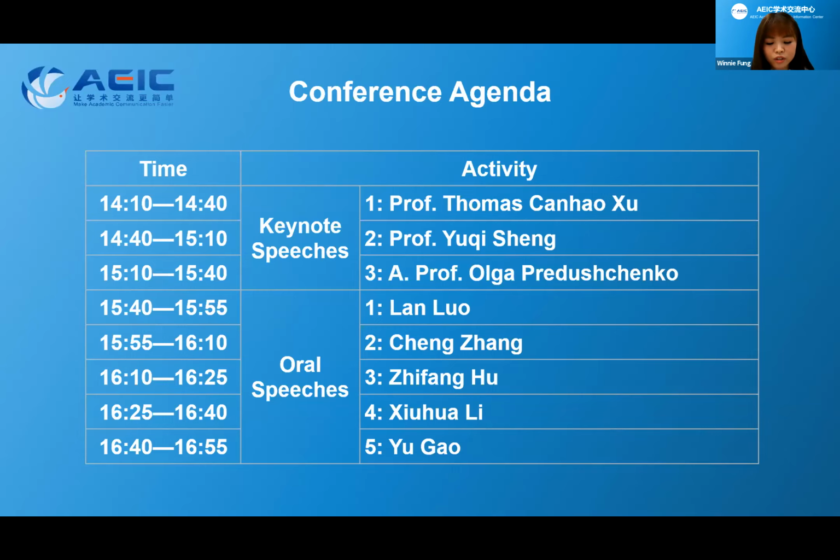After each speech, there will be discussion time. If you have any question, please raise the question with the raise hand icon, or leave a message in group chat. After the first speech, there will be a group session. We will capture a screen for all the participants. Thank you for your cooperation.